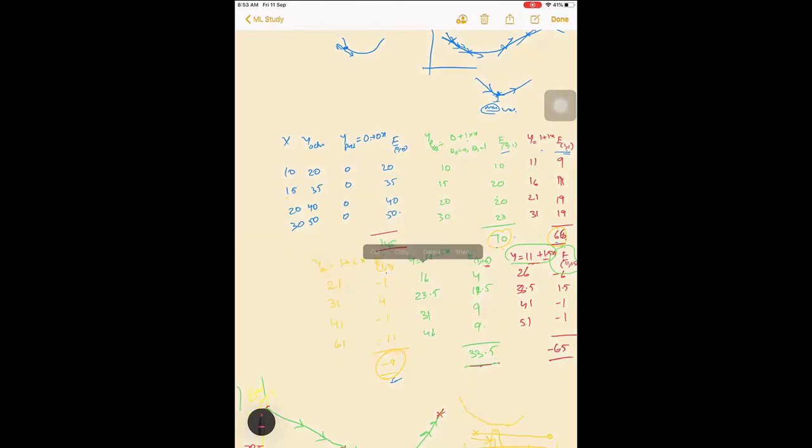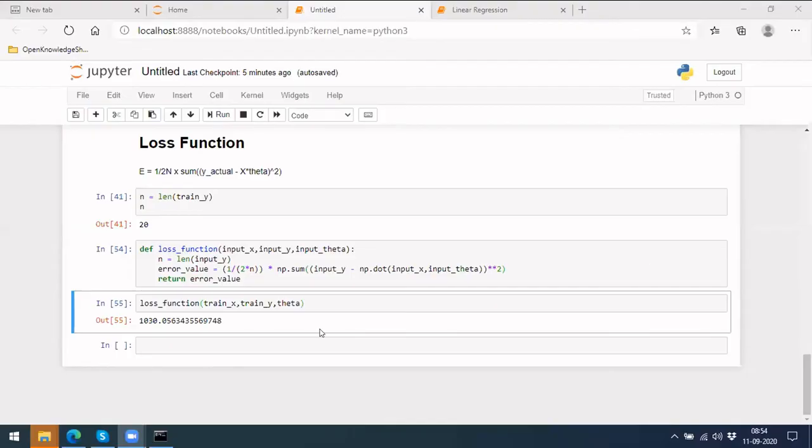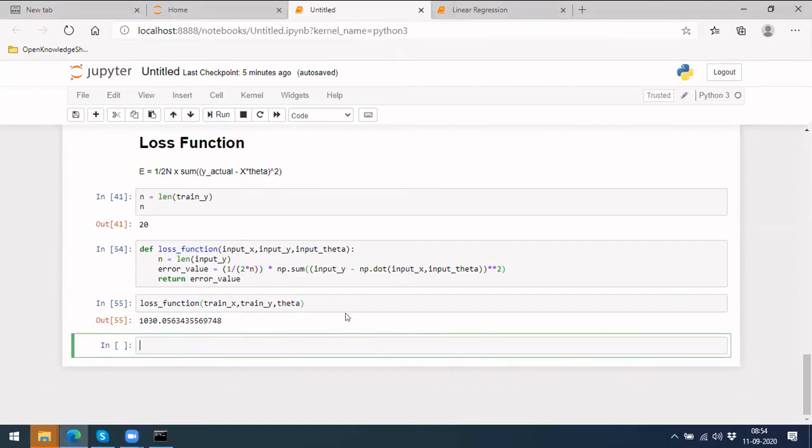Finally what we got here is something similar to that. Here we did not do the squaring part, but apart from that, this is what we have done. Each thing we have multiplied with theta, and the error that you got, we have summed up, right? The same thing this code will do. Okay, so that is one part. So this is one more part. So that implementation is done now.